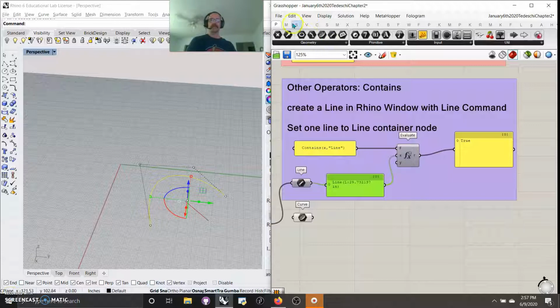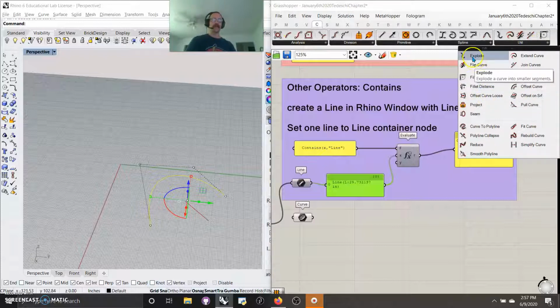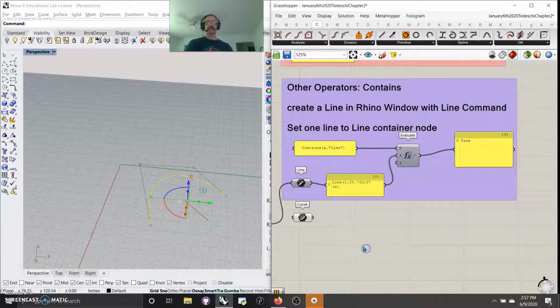I'll keep moving. We're going to go back into curves, and we're going to finish up with utilities, something we hadn't done yet. I use explode all the time, and we'll go all the way through to smooth polyline. Very cool things, and I know a lot of people use pull curves and project and things like that all the time with what they're doing. Reduce I haven't even played with, so I have to figure that out. Actually, I want to look. Reduce the polyline by removing least significant vertices. So that's kind of cool. All right,